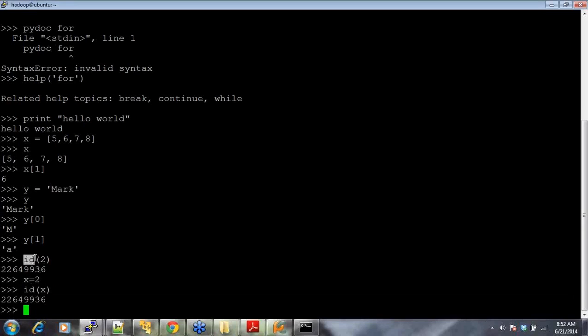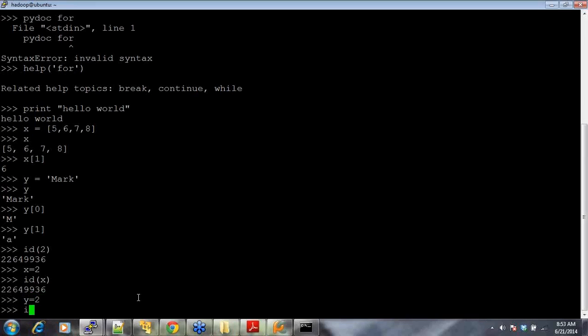You see this, the ID of 2, everything has an ID, okay, and you can think of this as a unique address, unique number, whatever you want to think of this as. But look at the ID of 2, which is 22649936, or even for that matter, just think of this as a unique number. Everything in Python will have a unique number. Now 2 has this value. I assigned 2 to x, and x also still has the same value, right? 22649936. Now let me assign this to y, and then ID of y,